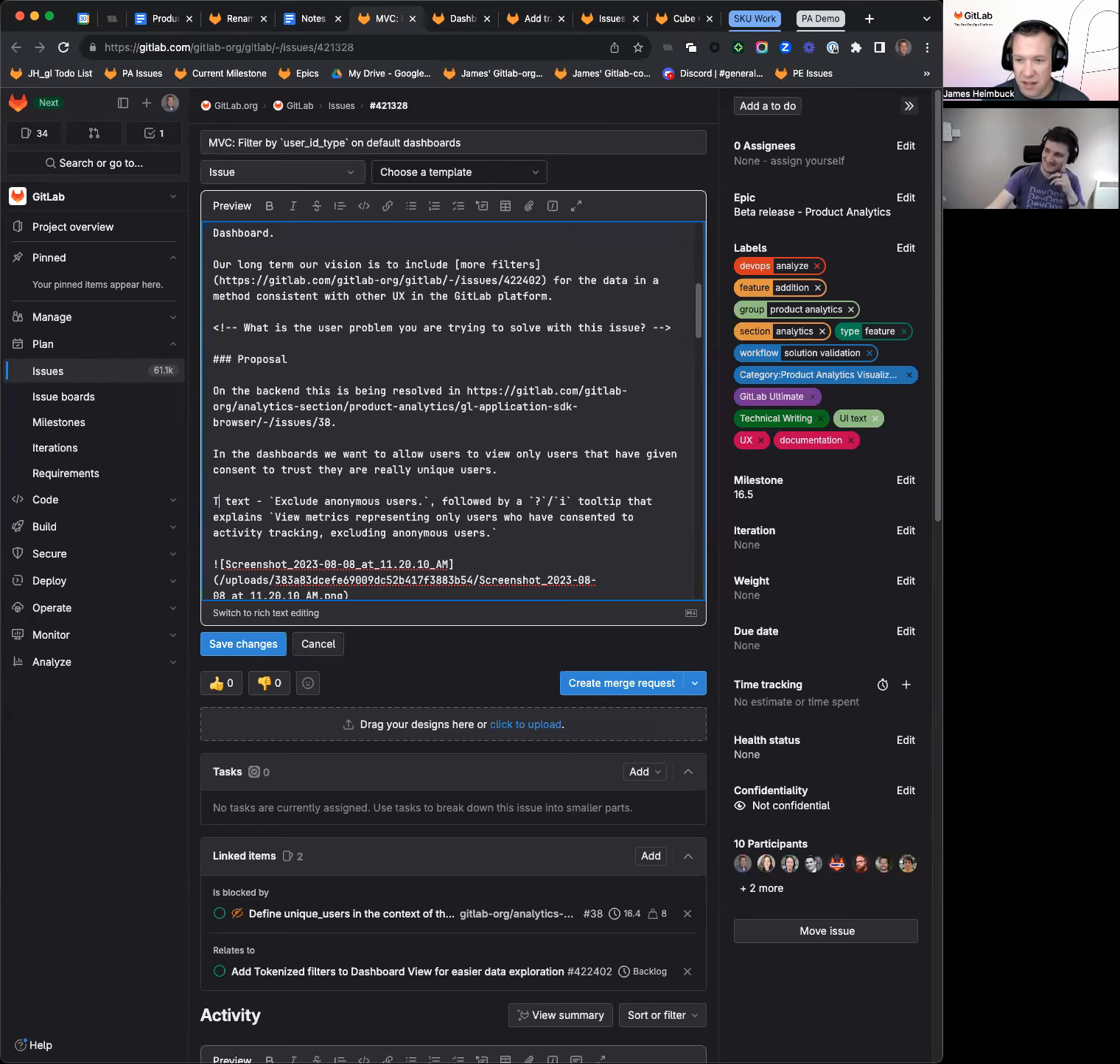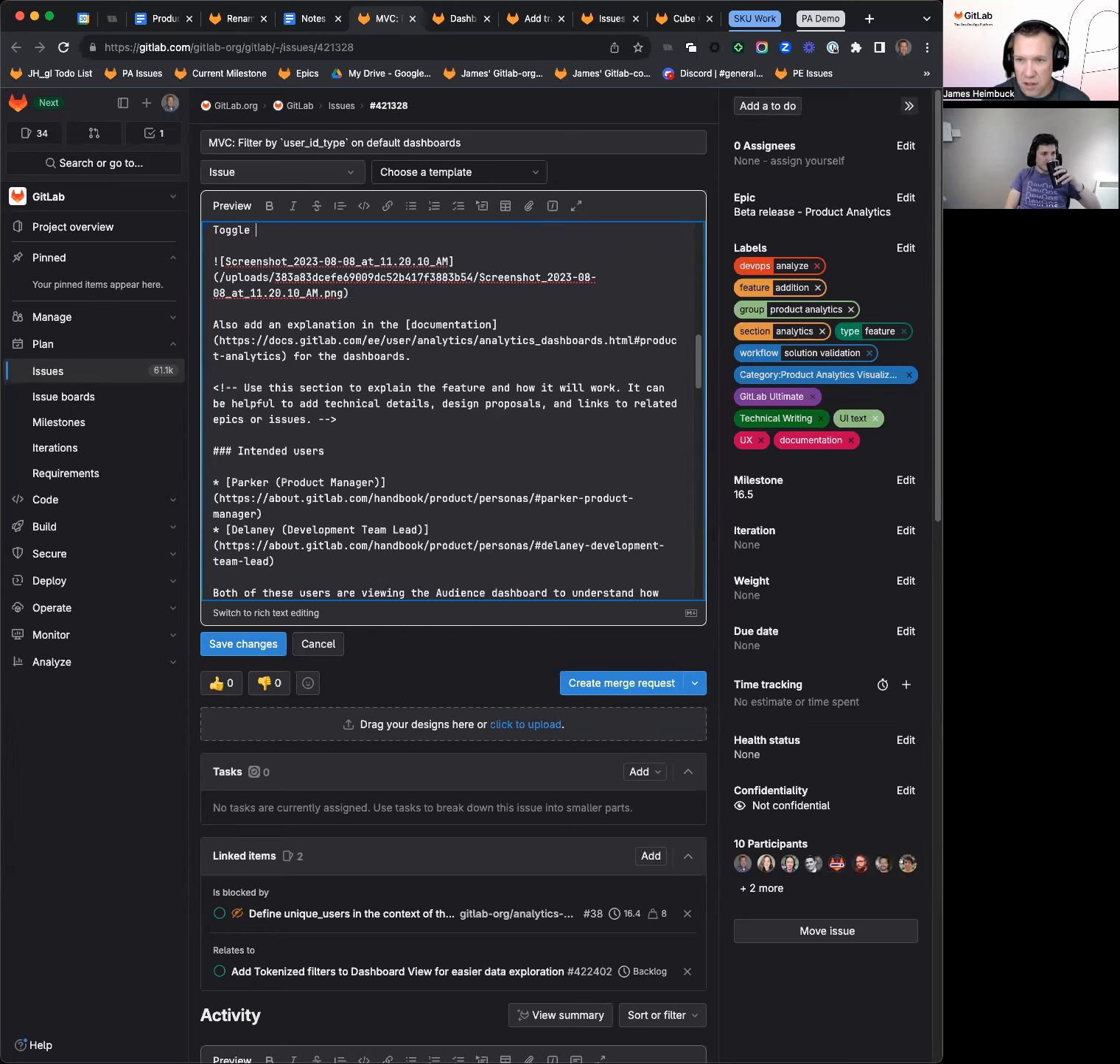Toggle text: exclude anonymous users. And followed by that, toggle UX on true. Wait, how would that be? So toggle, I guess it would be yes, if the